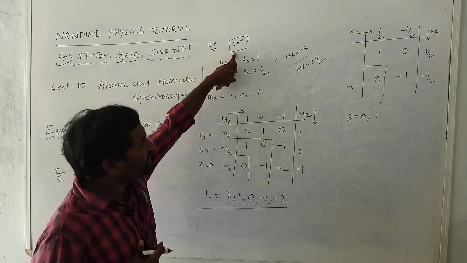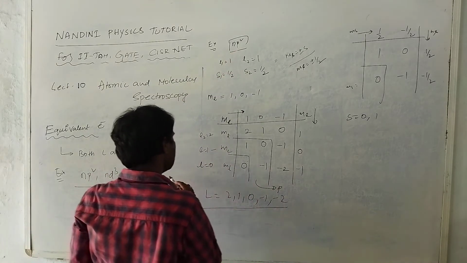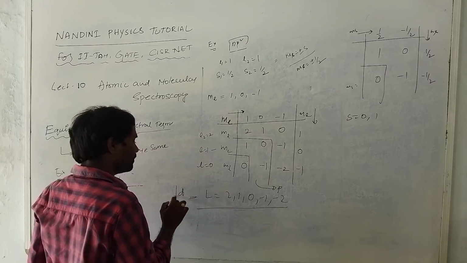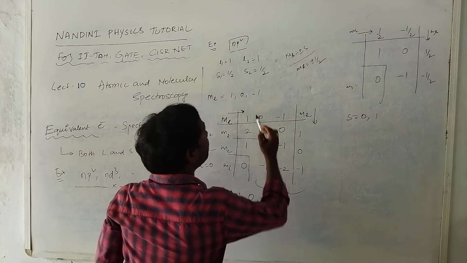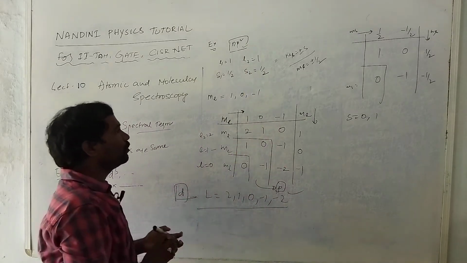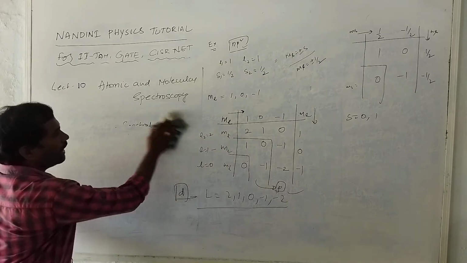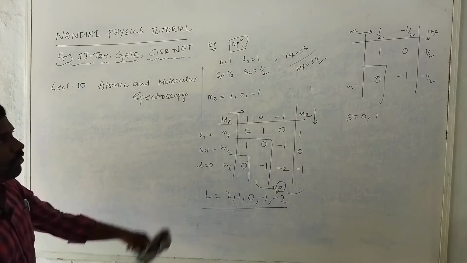But in case I take L values, first of all, I take the P state, so that's why I will consider only the P state. Okay, if you consider the D state, no problem, you will get all these values for the D state. This is from the D state and this is from the P state. So using P state only, because this value corresponds only to the P state. So therefore I represent here the total angular momentum value. How to find it out?